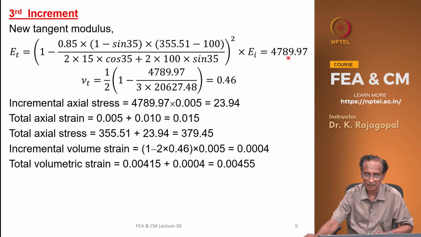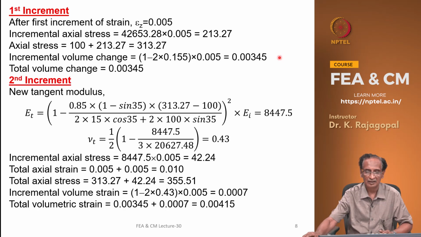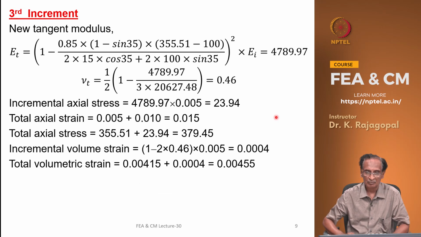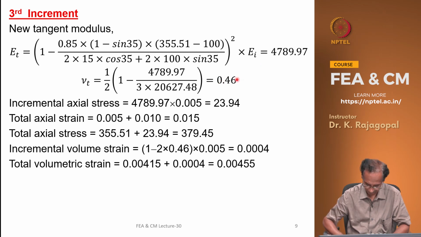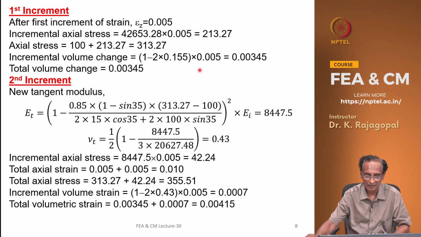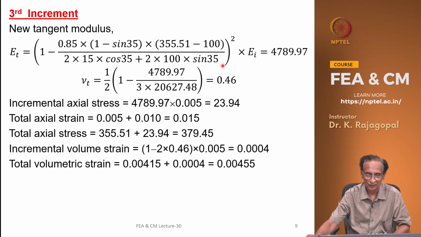So, in the third increment, we are going to update our tangent modulus once again, and it comes to 4789. Initially, our tangent modulus was 42,653. It has decreased to 8,447, and it has further fallen to 4,789, and our Poisson's ratio, to start with, was 0.155, it has increased to 0.43, and in the next step it has further increased to 0.47,